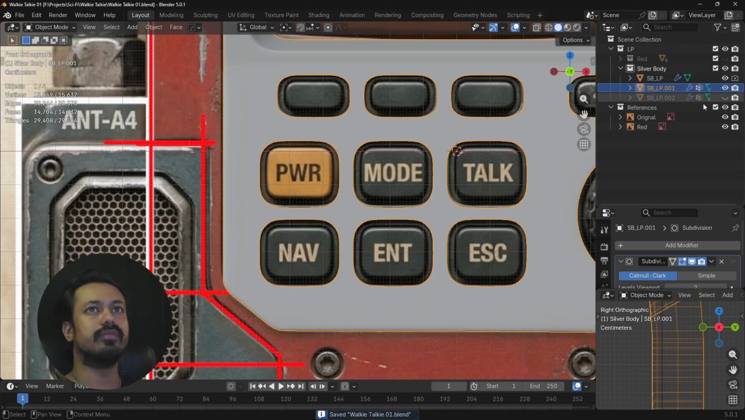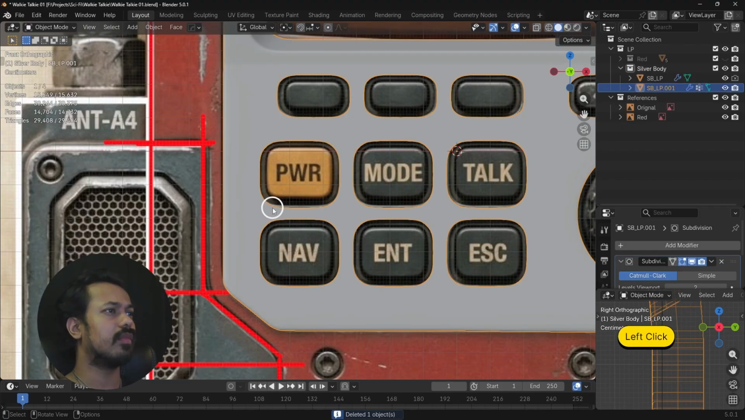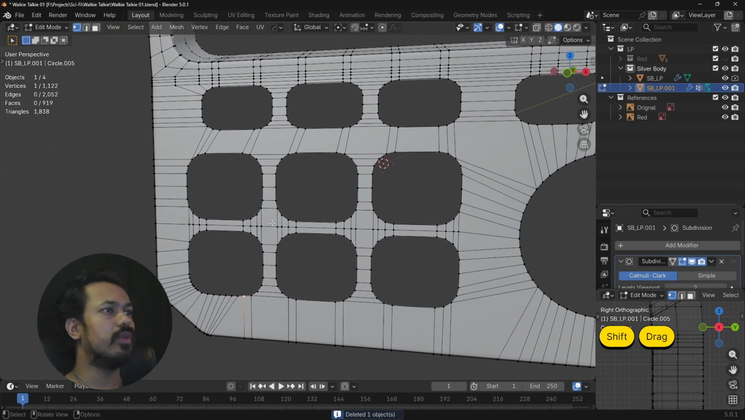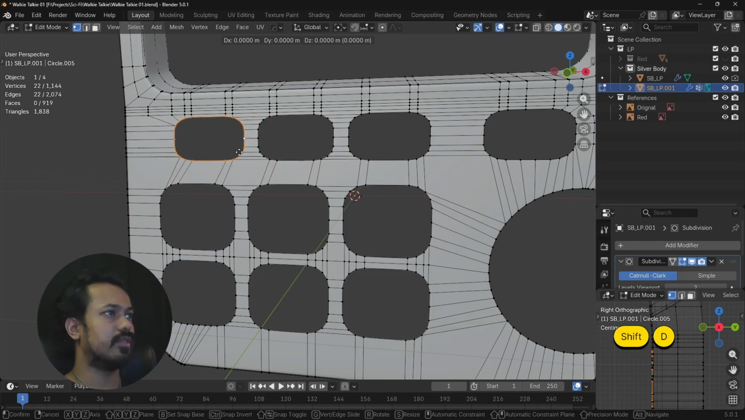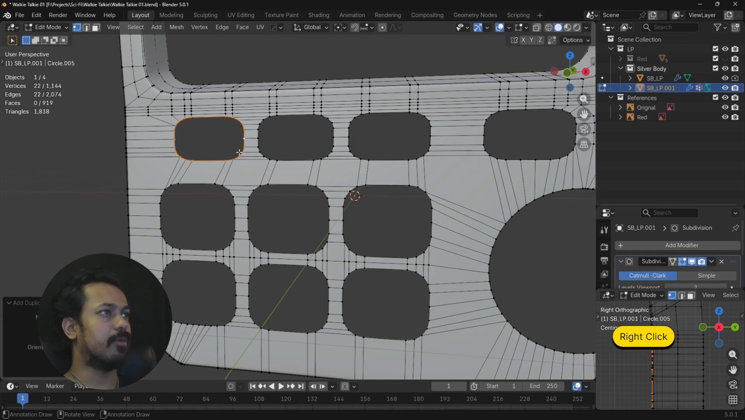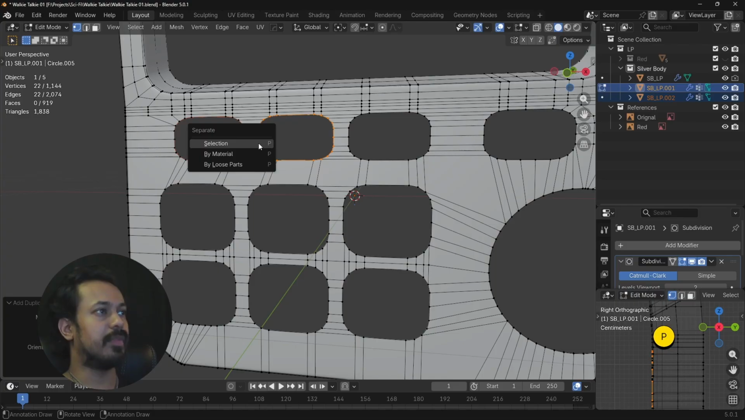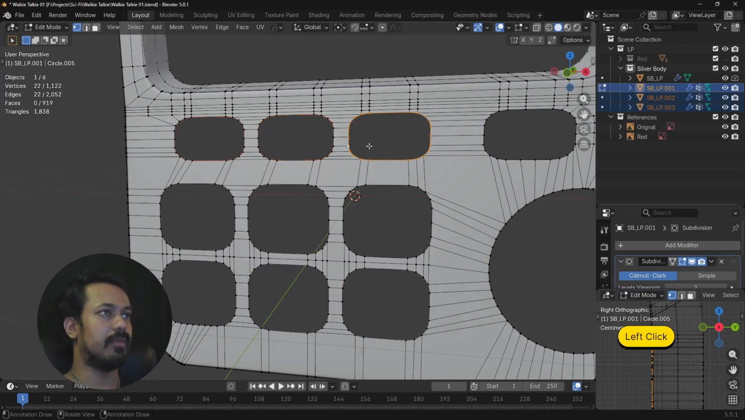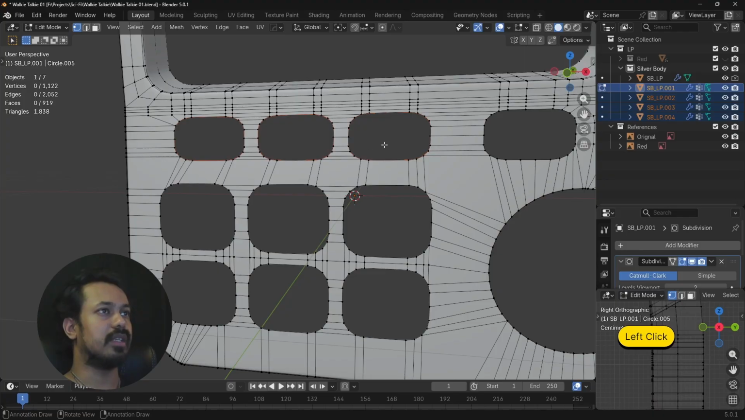There we go. With that issue out of the way, we can actually delete this. Now what we want to do is very simple. We want to create all of these individualistic buttons. I'm going to select this, Shift D, right mouse button, P by selection, and we're going to do it for the rest of them as well. Double click, Shift D, right mouse button, P by selection, double click, Shift D, right mouse button, P by selection,